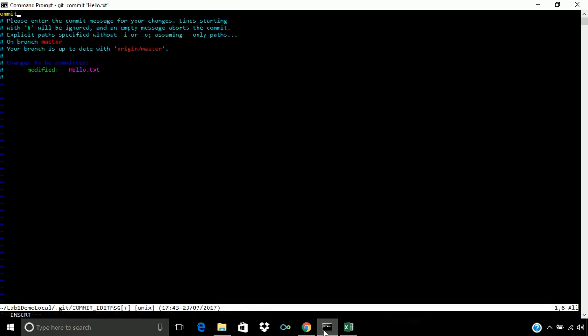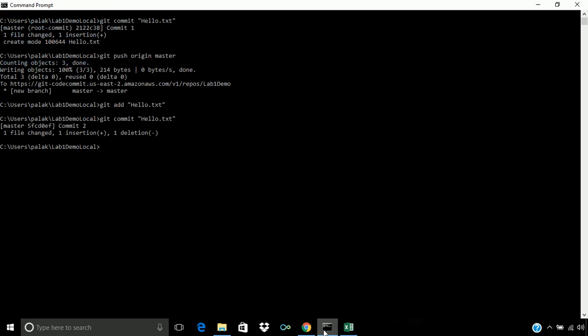Let's add commit 2. So now let's push this change to our remote repository. So let's use the command origin master, because we are going to push to the master branch only.